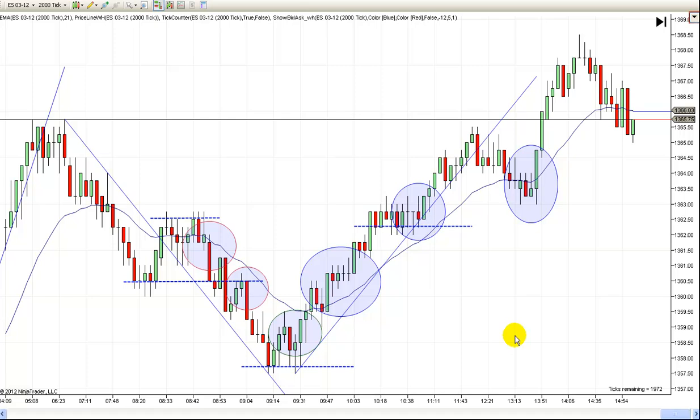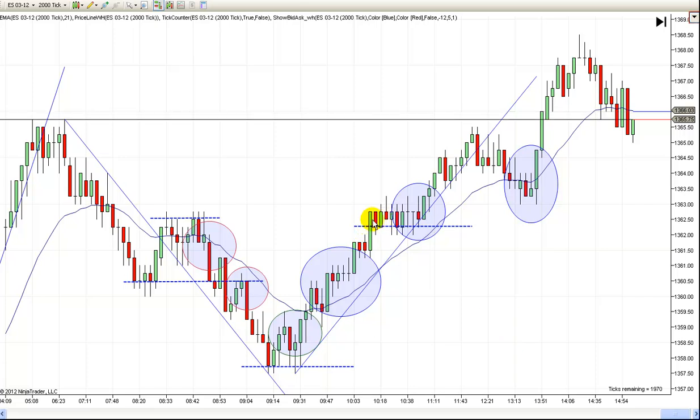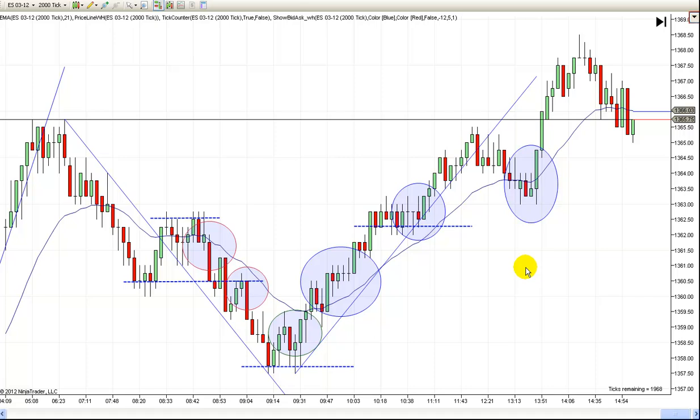The one good thing I'll say about today is we finally got some movement. It wasn't all in one direction, but that's not uncommon. But at least we weren't stuck in these 2-point ranges for hours at a time, and we did have a little bit of a range here. Prices didn't do much from about 10 to a little bit after 11 o'clock this morning, but other than that, it was a pretty good trading day. And so I'm going to go over the trades real quick, and then I'm going to wrap this up and get out of here. But the first trade right out of the gate was this short right here off this